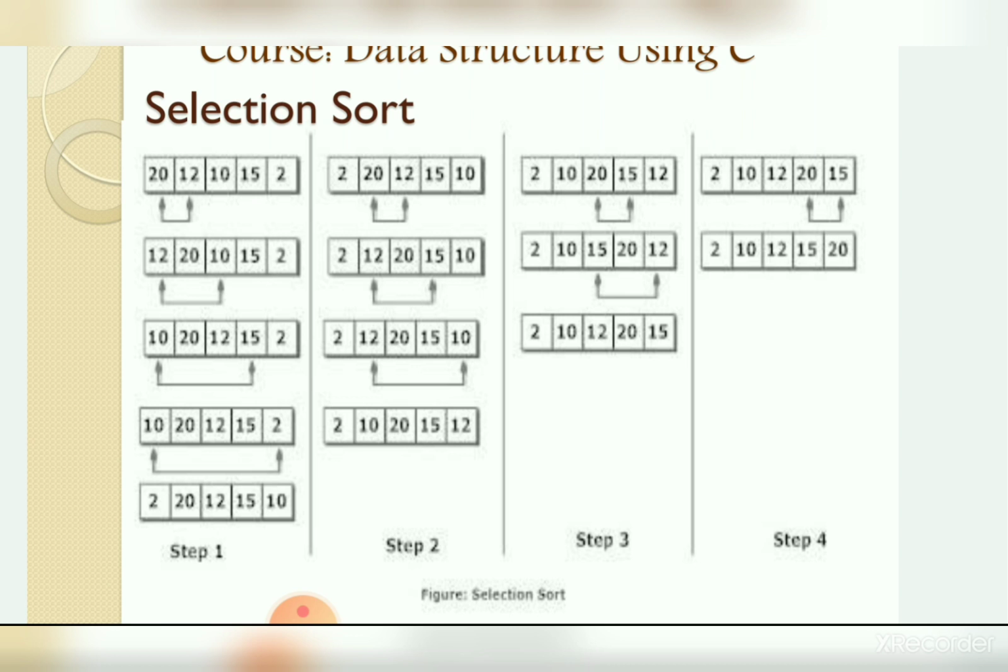The list which we want to sort now is 20, 15 and 12. Only 3 elements are there. 20 compared with 15, we have to do the swapping. 15 compared with 12, again do the swapping. So we will get the third smallest element at the second position in the array, that is 2, 10 and 12. All these 3 elements are sorted. Only 2 elements remain, 20 and 15. We have to compare them and do the swapping in step number 4. As there are 5 elements, we need 4 passes to completely sort the list.